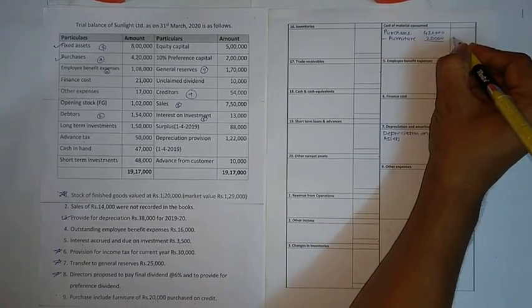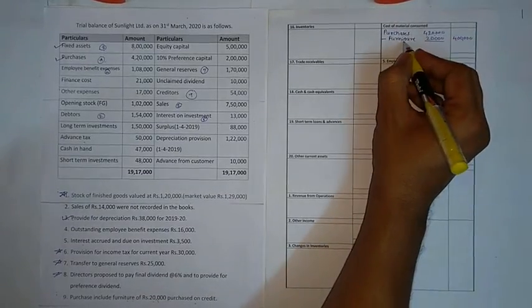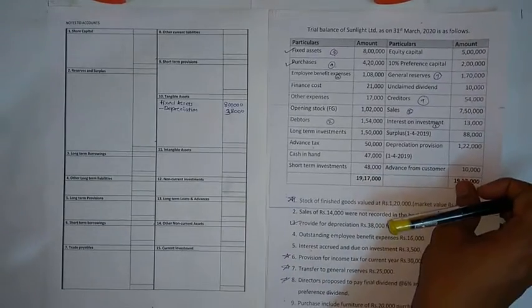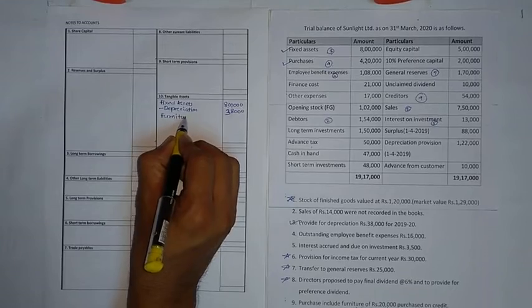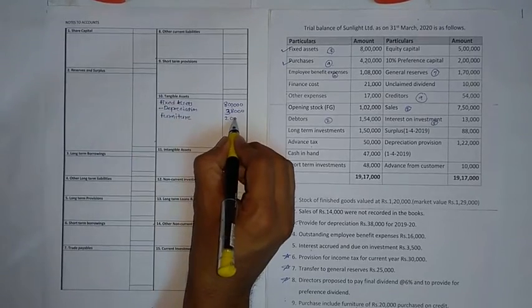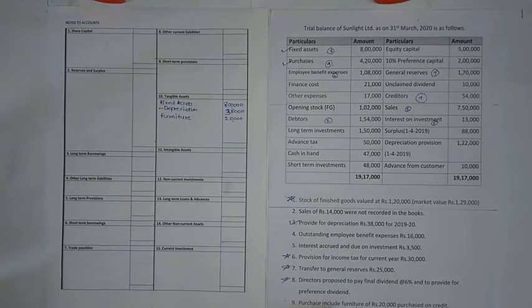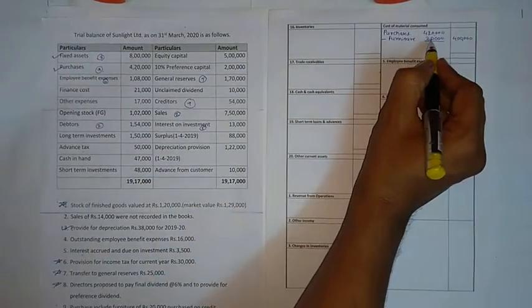So now next 4 lakh will be net purchase, and this furniture is our fixed asset. So it will be shown in tangible furniture 20,000. So effect for adjustment number 9, furniture is shown separately as tangible fixed asset and it is deducted from